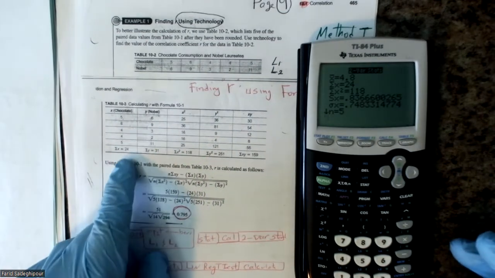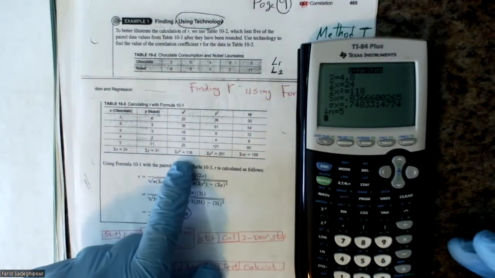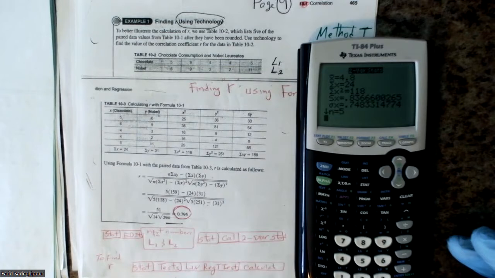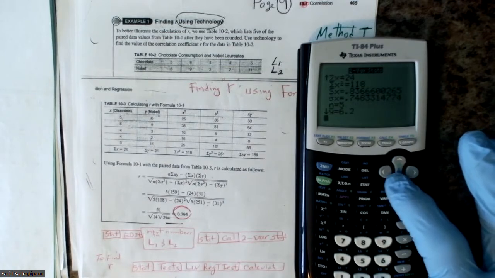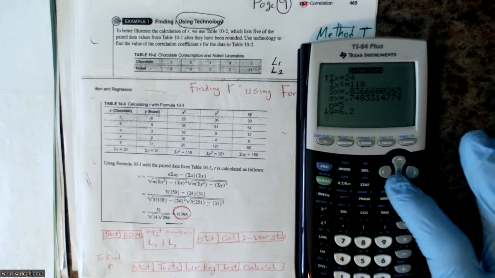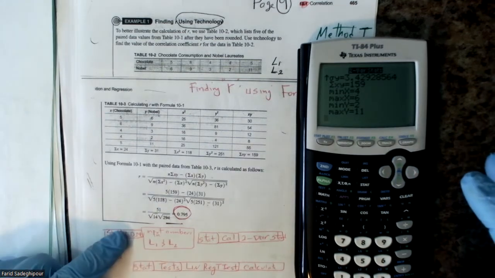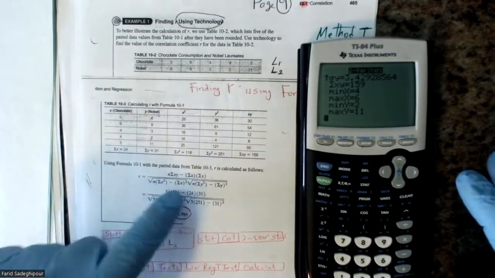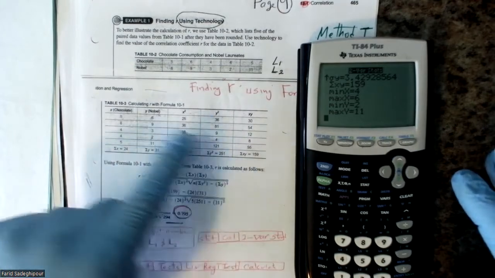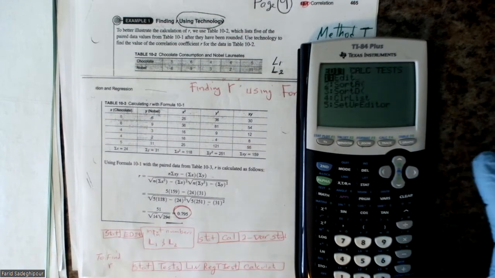You see that, you have the sum of X, and the sum of X2 is 118, matching what we have here. You could take all the numbers from here, or if you want to use another method that requires x1 and y1, you could use this. See, all the numbers are here. By this method, you could calculate all these numbers and then plug them into these equations. Or if you want to find the R, you go to stat,